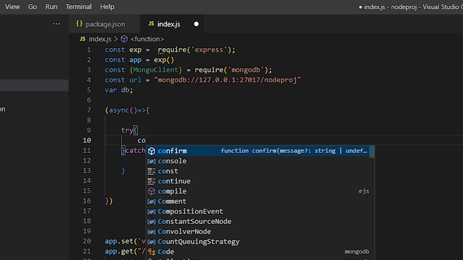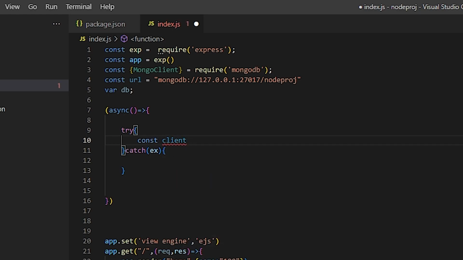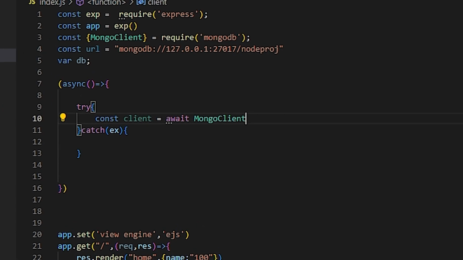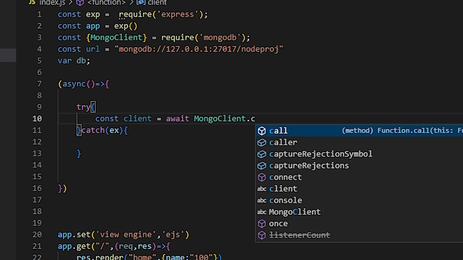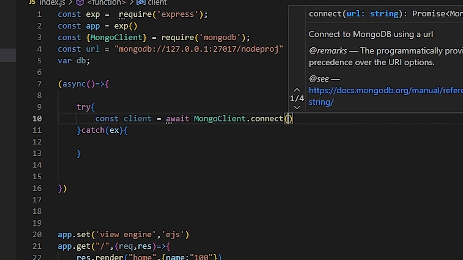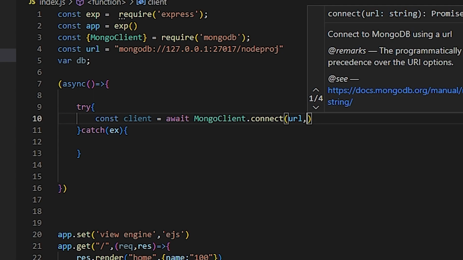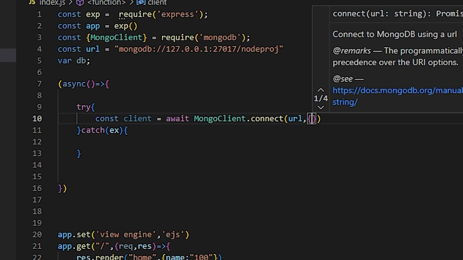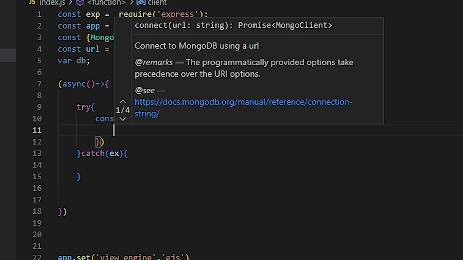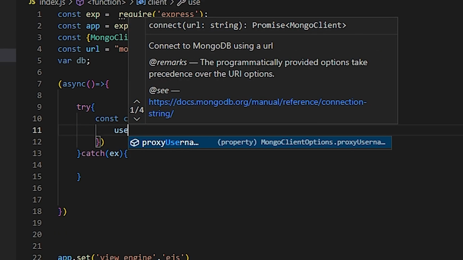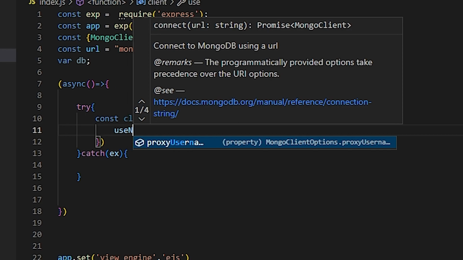I declare a constant client equal to await MongoClient that we created above, dot connect, and we'll pass the first parameter as the URL of the database, then a comma, and the second parameter will pass some options, one of which is useNewUrlParser